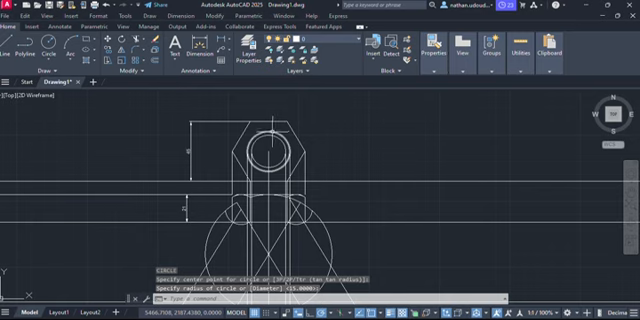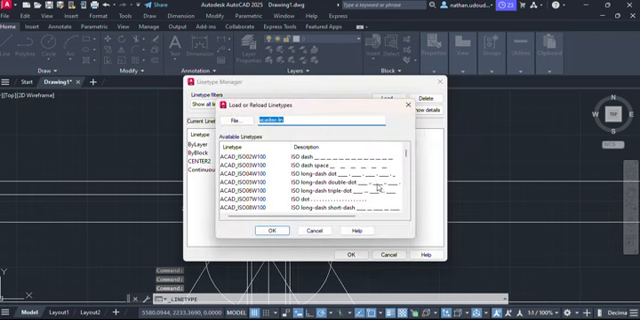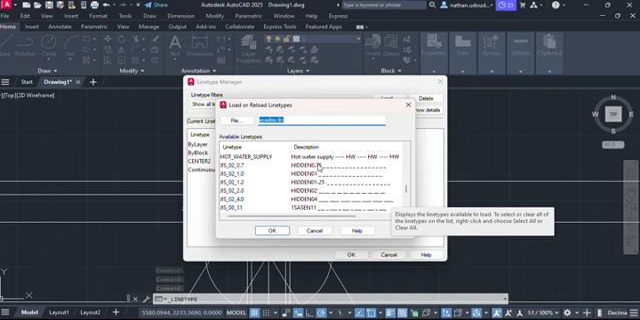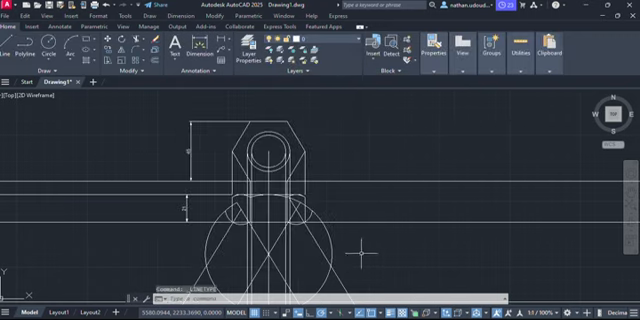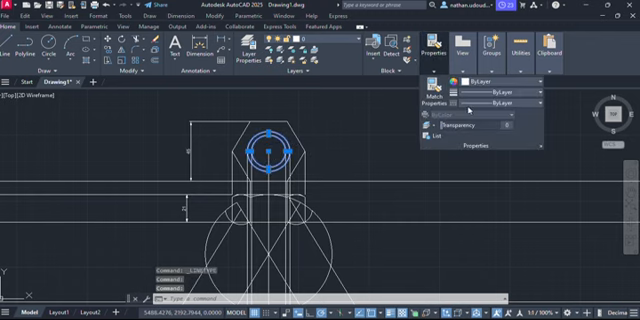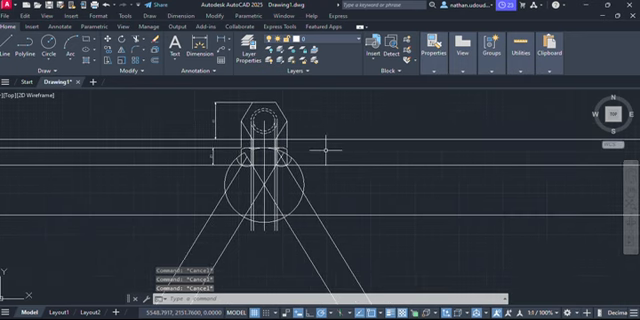So now since it is hidden, you highlight this, and then you come to your properties toolbar, and then you load other lines. You come to hidden. So now this is your hidden line, or you can go for this, and then okay. So you highlight it again, and then you come to your properties, and then hidden. So now what we are left with is